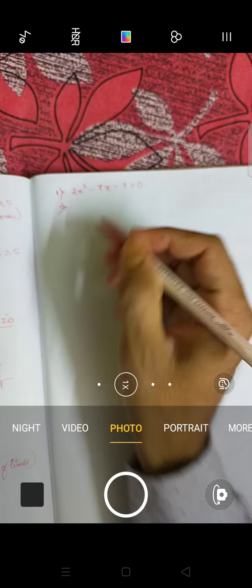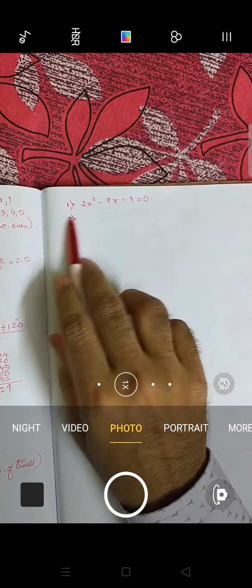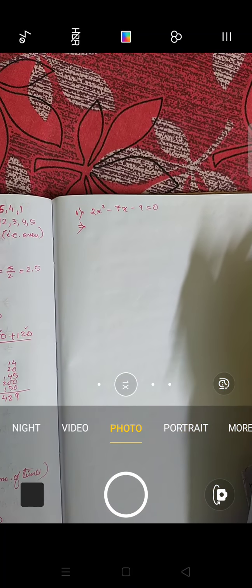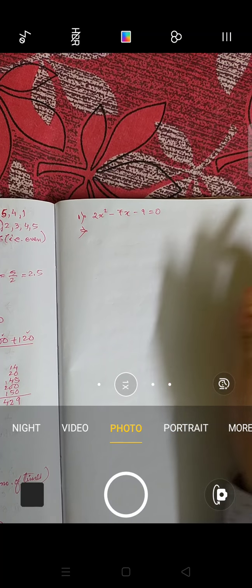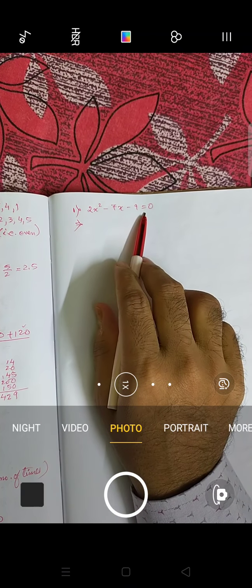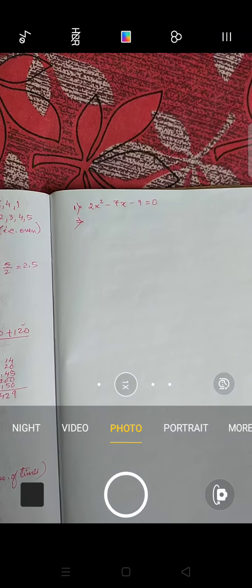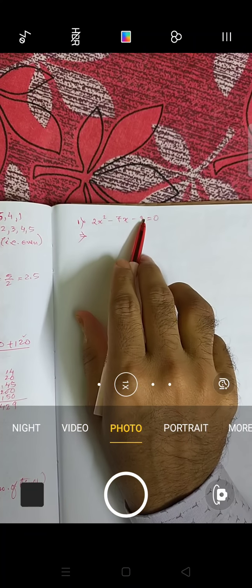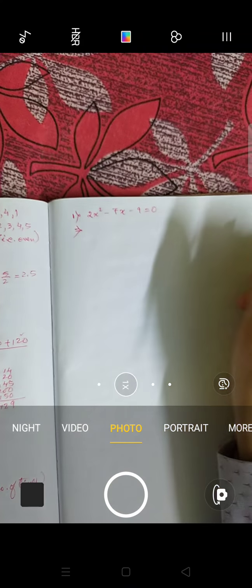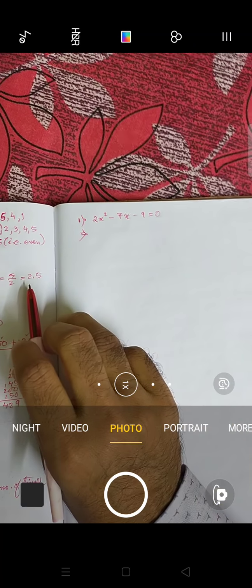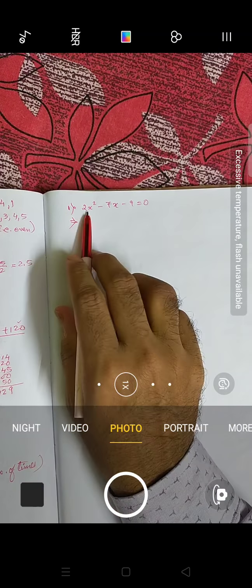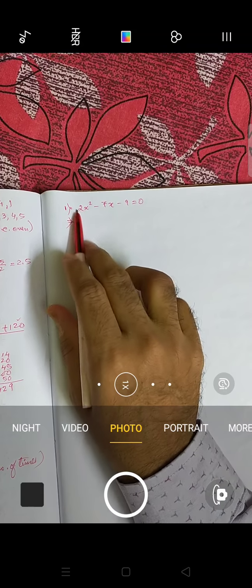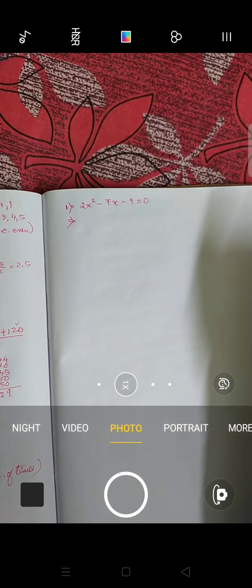Now as I already told you, whatever quadratic equation has been given, it has to be in standard form. That means in decreasing order. Now you can see there is x square, there is x and there is a constant term. So they are in the decreasing order of their power. Now I told you that while solving by completing the square, the first term has to be a perfect square. Now this one you can make a perfect square in three ways.